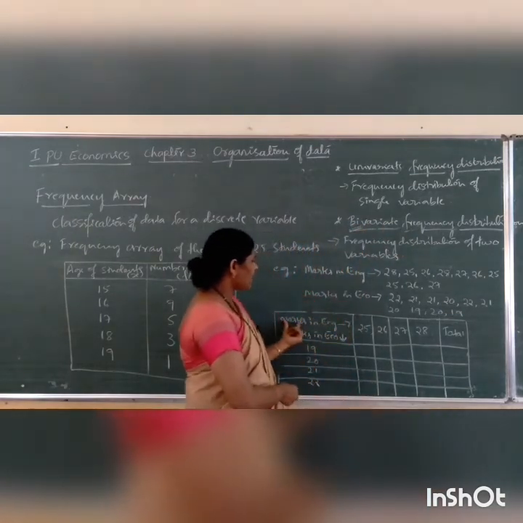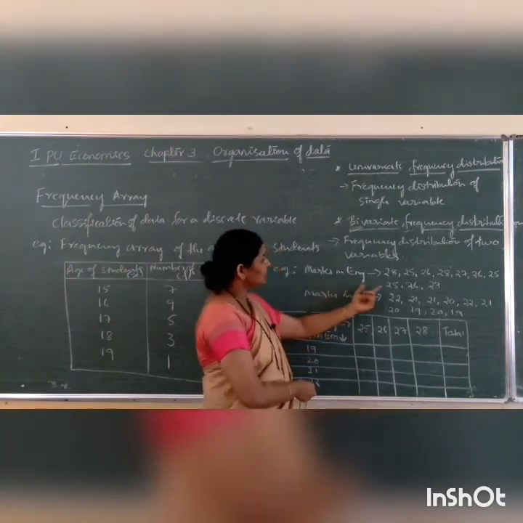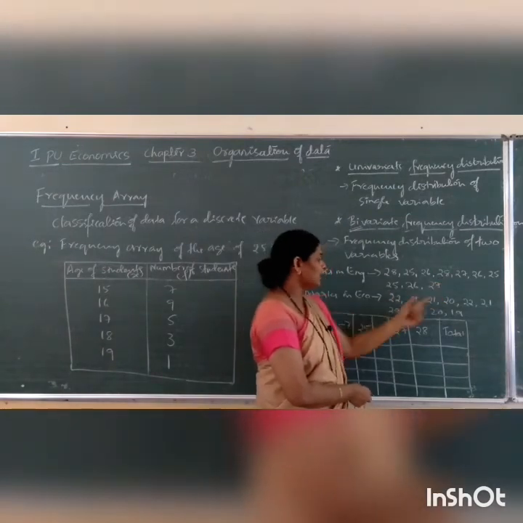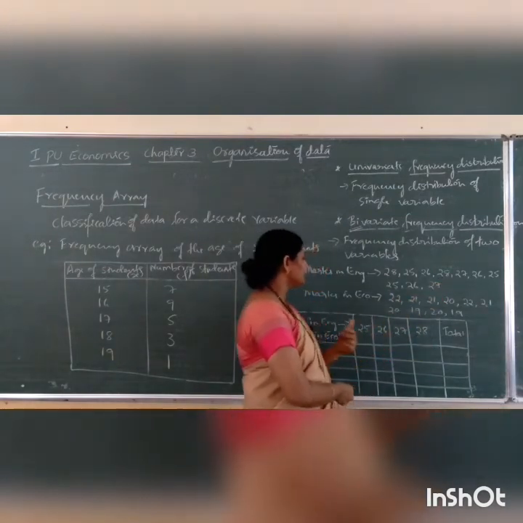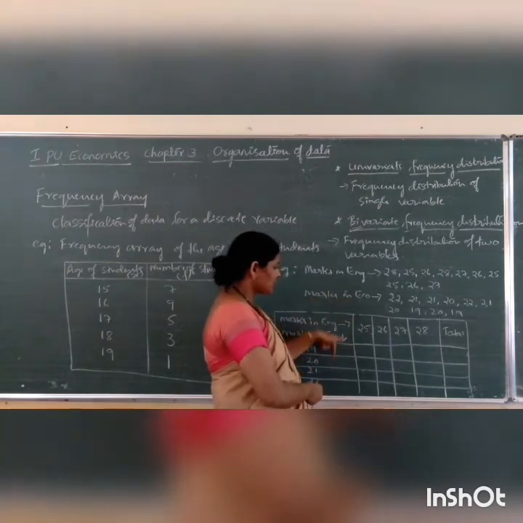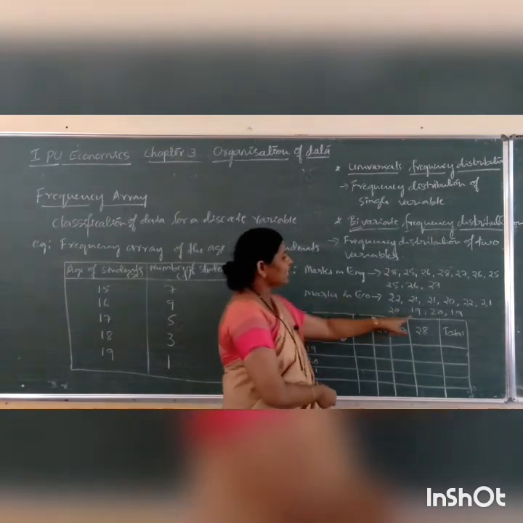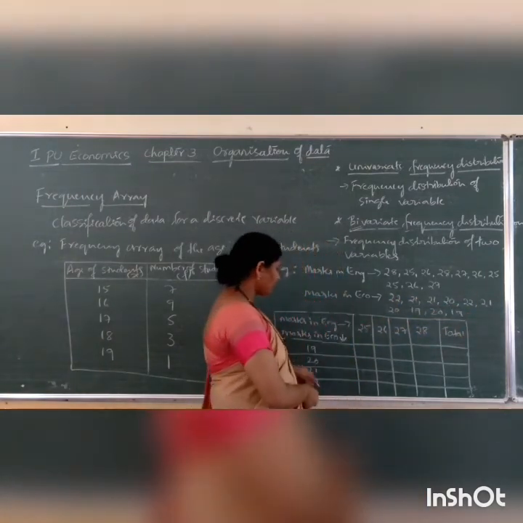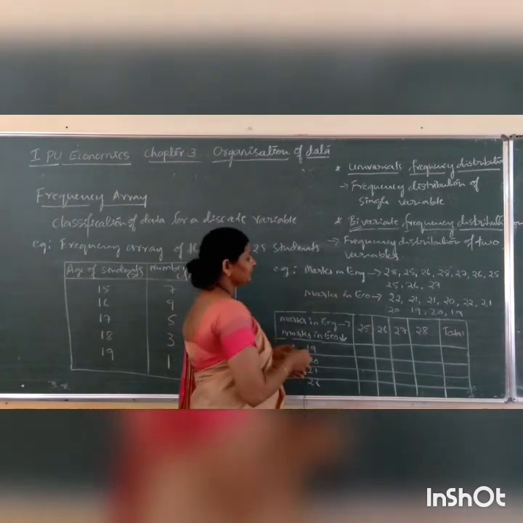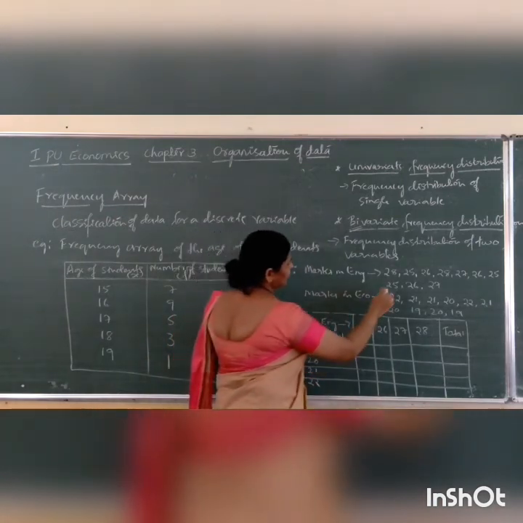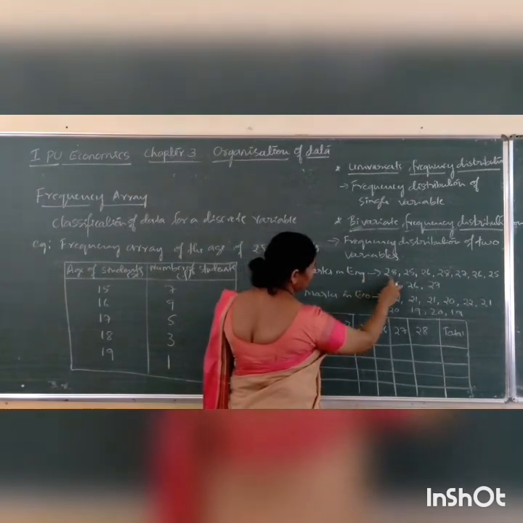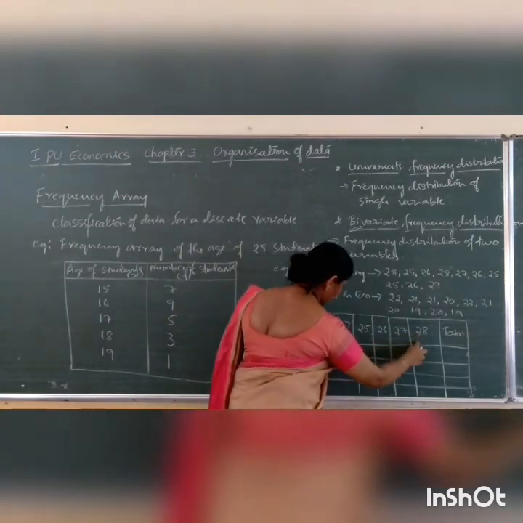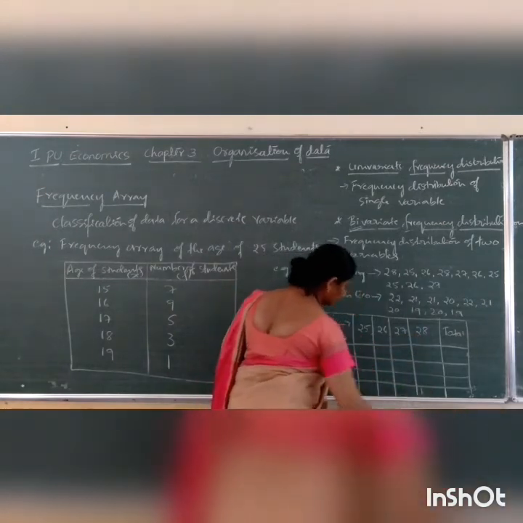So here I have written marks in English. The lowest value here is 25 and highest value is 28. Accordingly I have written values. And marks in economics, arrow mark shows down. Lowest value here is 19, and highest value here is 22. Then how to distribute values? Let us see that. So marks in English 28, and economics 22, here it is. So I have put like this.